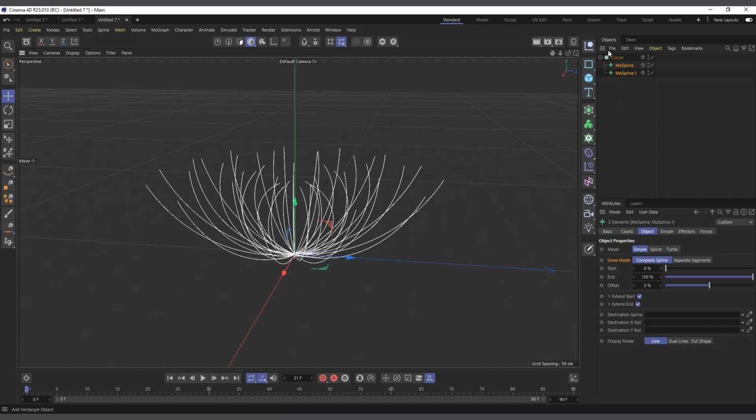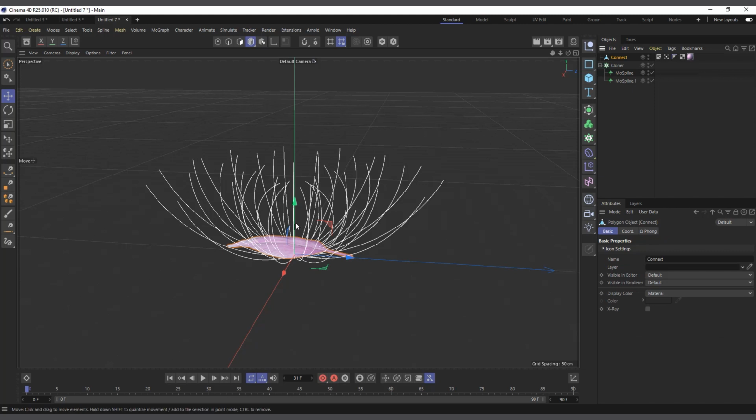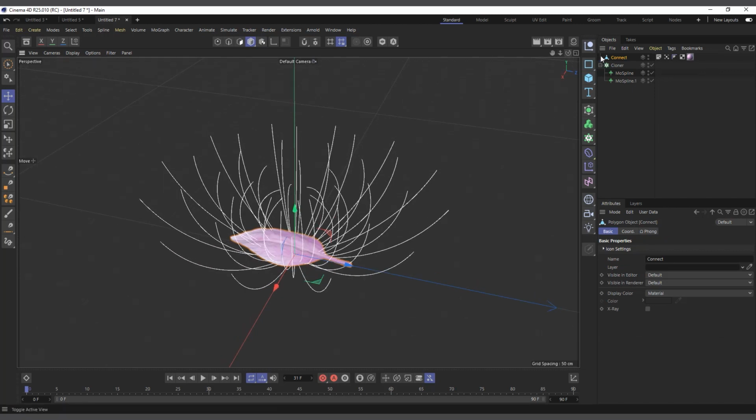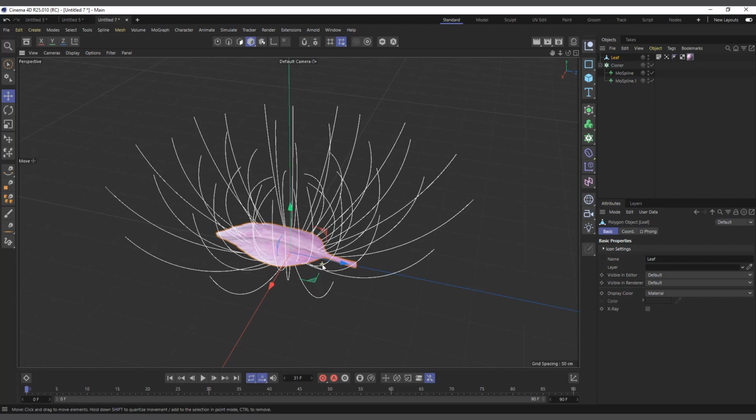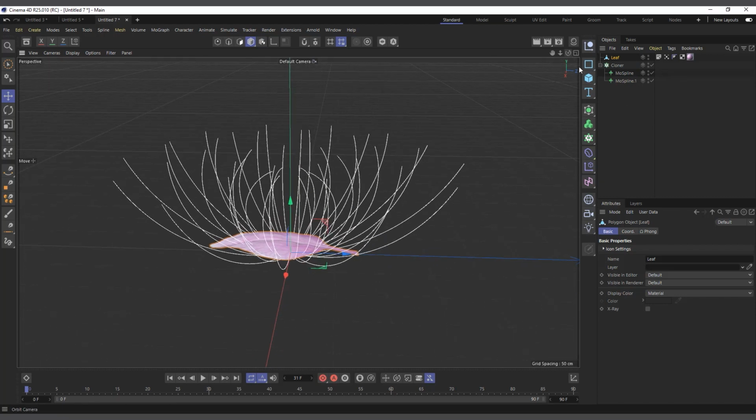So I have in here a petal. So actually, paste, I have this object here which I'll call leaf. We are just using this, but we can use any object that we want. So I'm actually going to use this one to clone it on every spline. And how do we do that? I'm going to use the